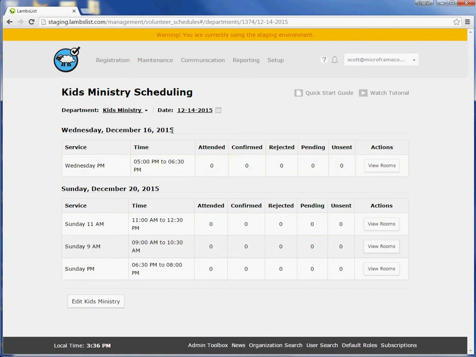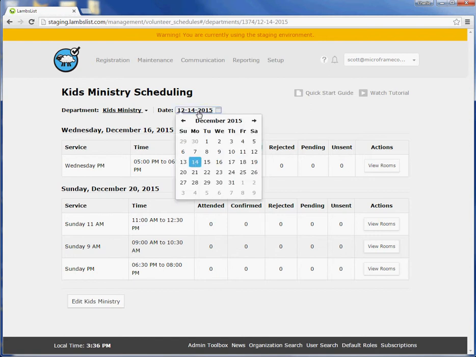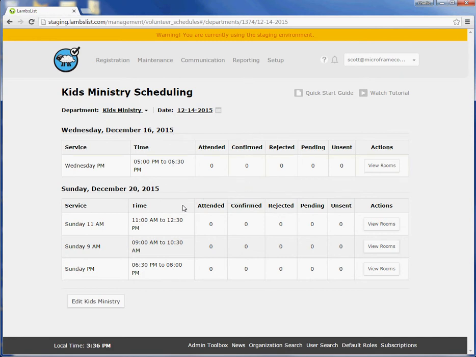Now, if we wanted to do a little pre-planning and scheduling out ahead, we can always click on the calendar up here at the top, and you can select whatever date that you would like, and you can get scheduling for those services. But for today, we're just going to go ahead and focus on Sunday, December 20th, and we'll start with the